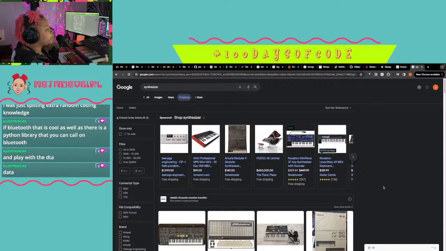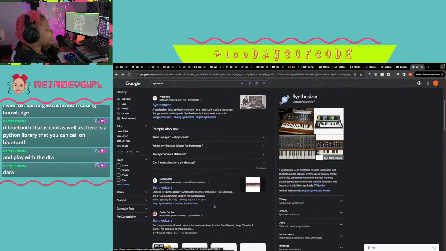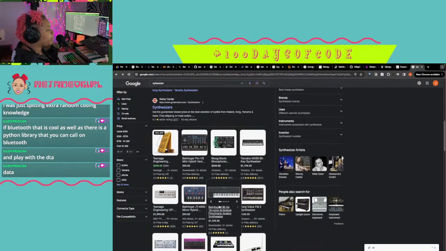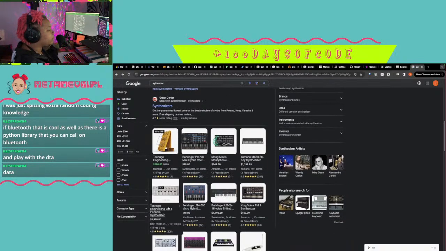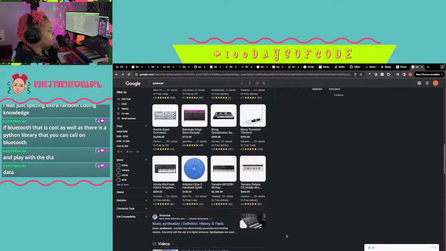Teenage Engineering got some sweet stuff. They got a new, I think it's a Groovebox actually, that just came out. The OP, that's the OP1 though. That ain't the one. I remember when I was gonna back this on Kickstarter too. I ended up changing my mind though.